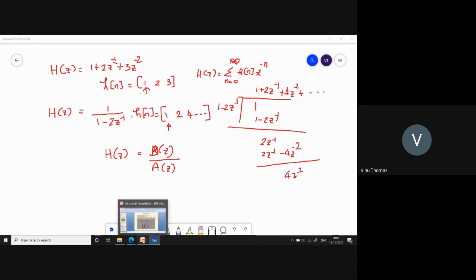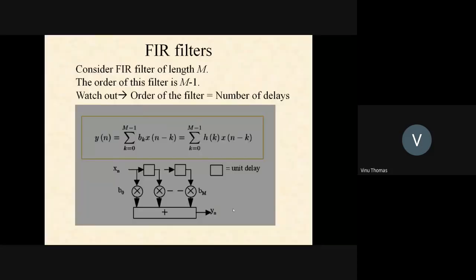So now we'll go back to the presentation again. Now let us consider an FIR filter of length m. This is very important. What I'm going to mention next, you have to remember throughout this subject, which is that you are now introducing the order of a filter, and we will see why this order of a filter is important. Later we will relate the order of the filter to the number of memory elements required to realize and implement the filter.